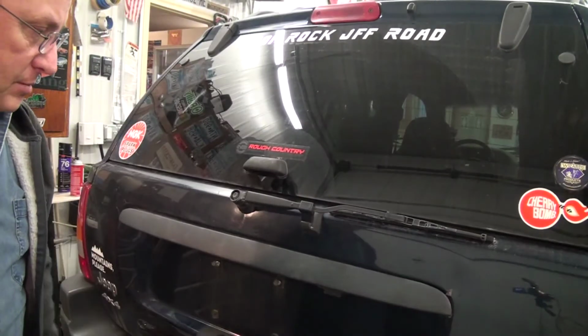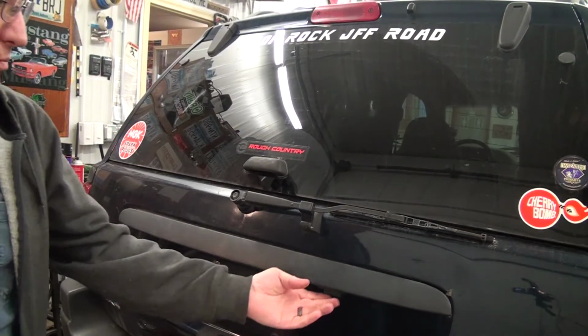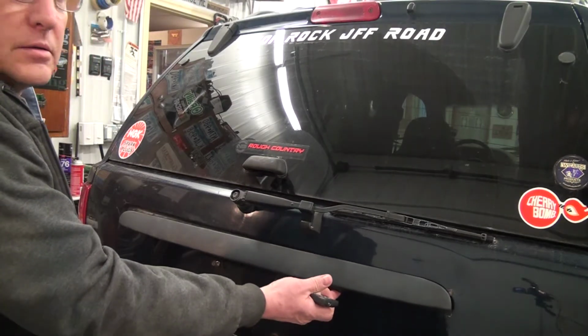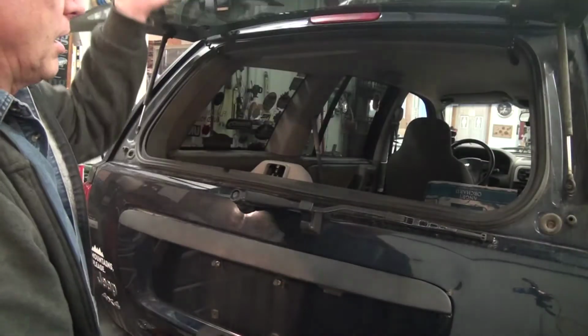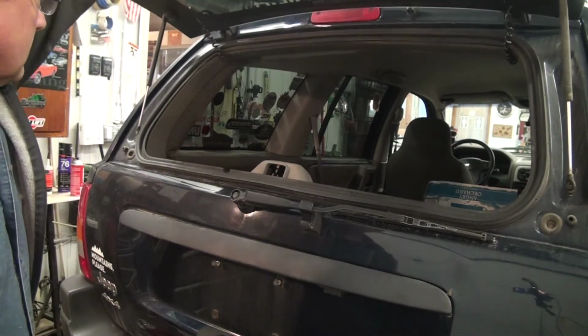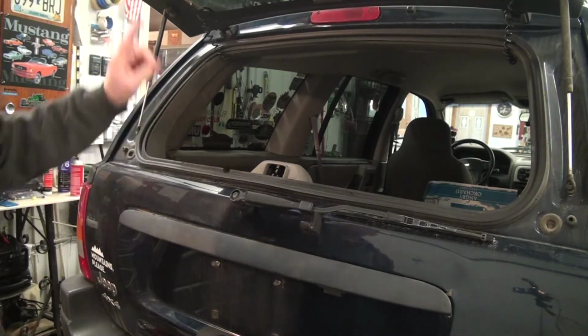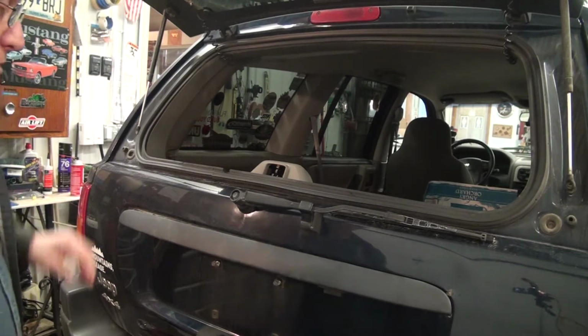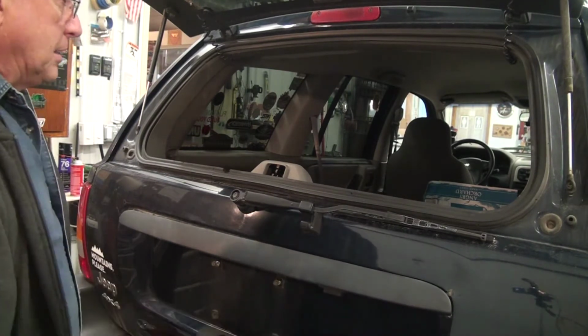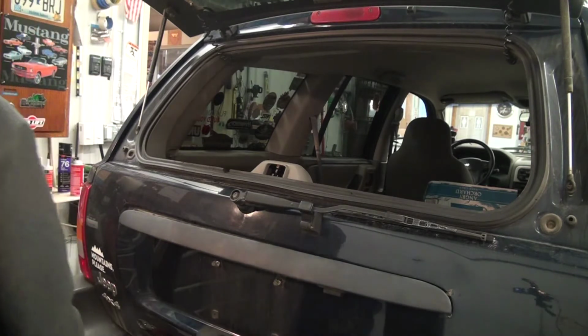One of the items I'd like to do is, this has a button here you can push, and the back window opens up. Cylinders ain't very good, but I'd like to be able to do that from the inside. So this is an electronic button. I picked up